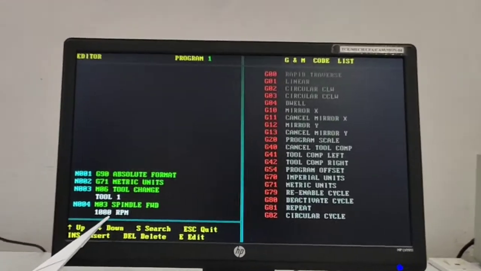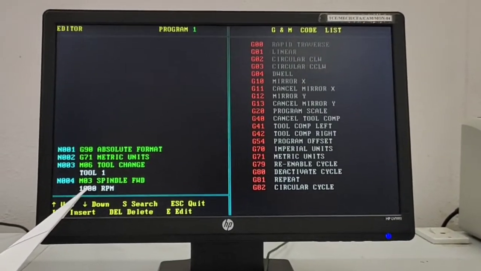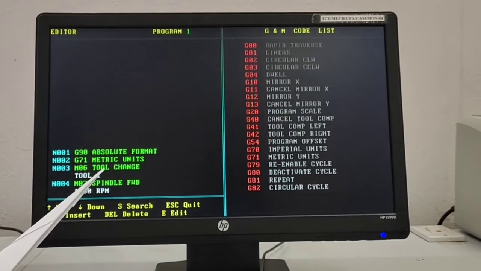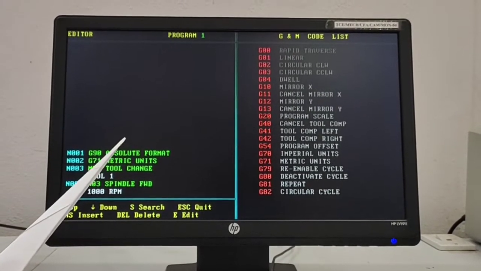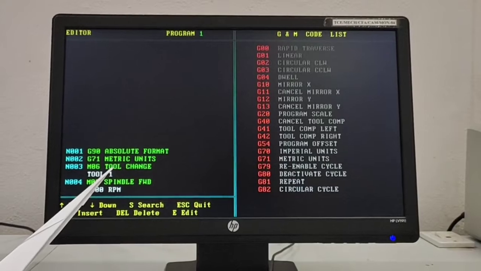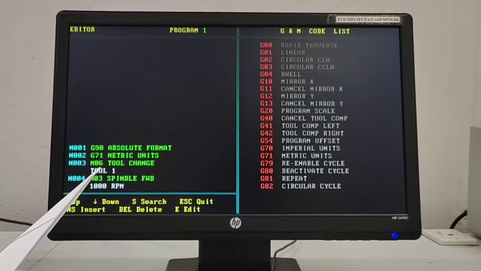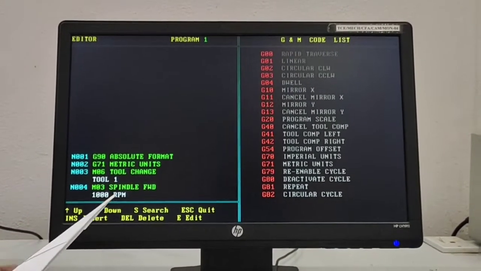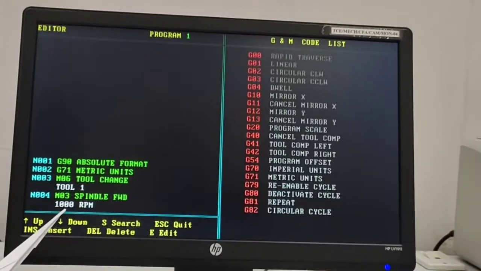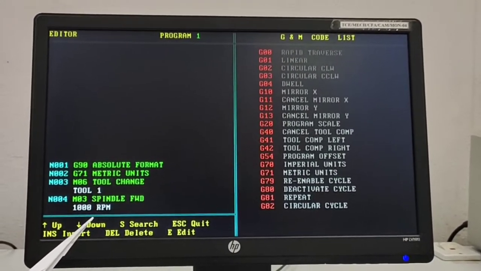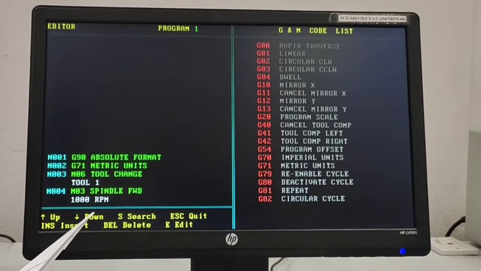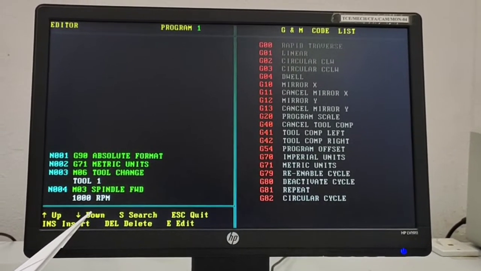Here the RPM value will be calculated with one formula: cutting speed equals pi D N by 1000. The cutting speed depends on the material selection. For example, for aluminum it is 70 to 80, and for mild steel 80 to 90. By using these values, we select the cutting speed. Pi is a known value, D is the diameter of your end mill cutter, and N is the only unknown value.